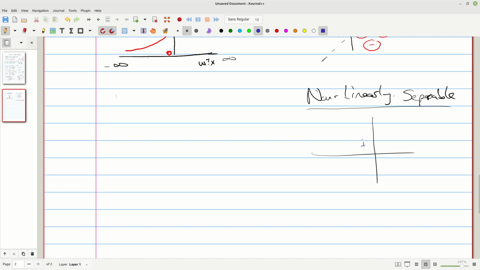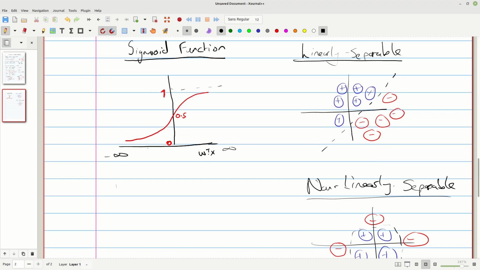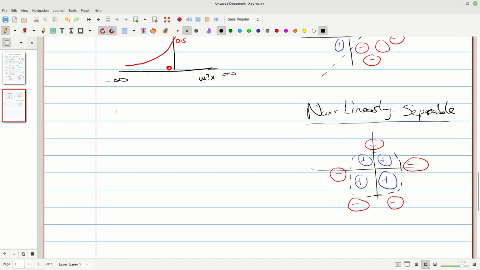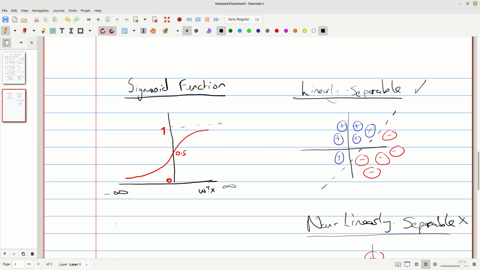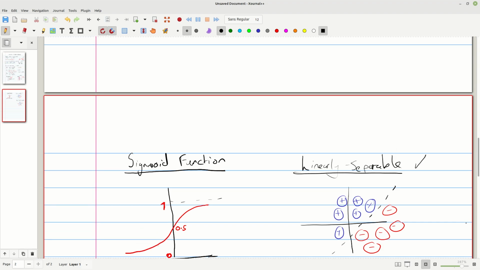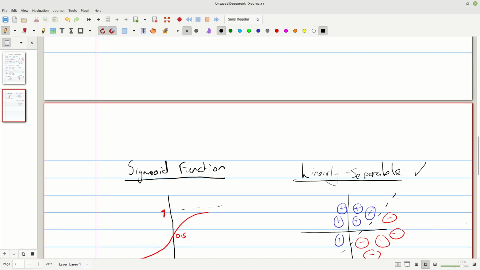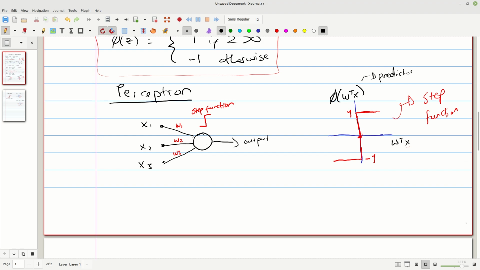Let's say we have our positive class like that, and let's say our negative class is like this, right? And you can think the decision boundary in this case would be something like that, right? So this is linearly separable data, and this is non-linearly separable data, right? So a perceptron can handle cases like this, but it cannot handle these cases. So that's something to keep in mind as well when we are defining these perceptrons and stuff. Okay.